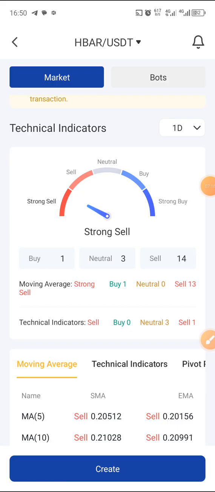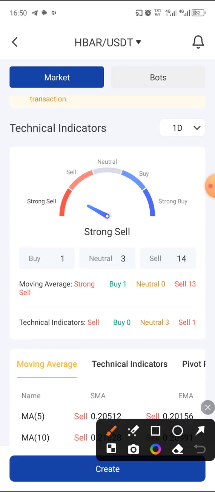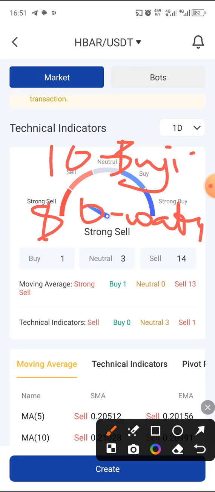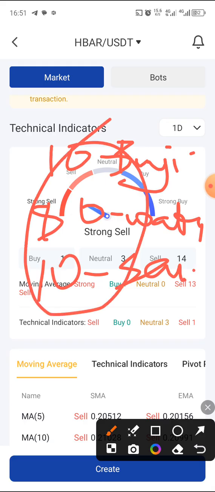you have to know that with the trading, the percentages are as follows: 10% buying, 80% waiting, 10% selling. Meaning that